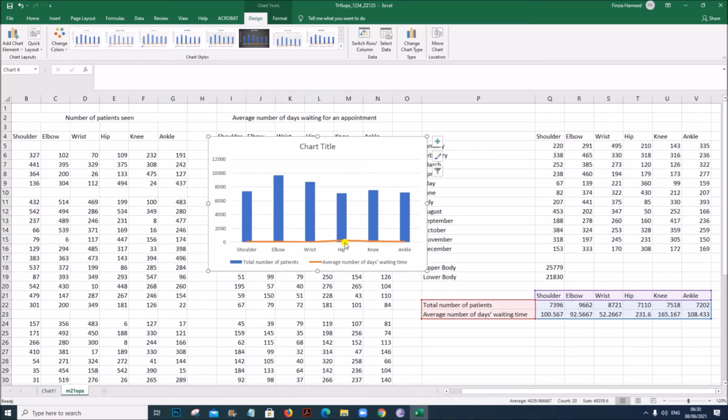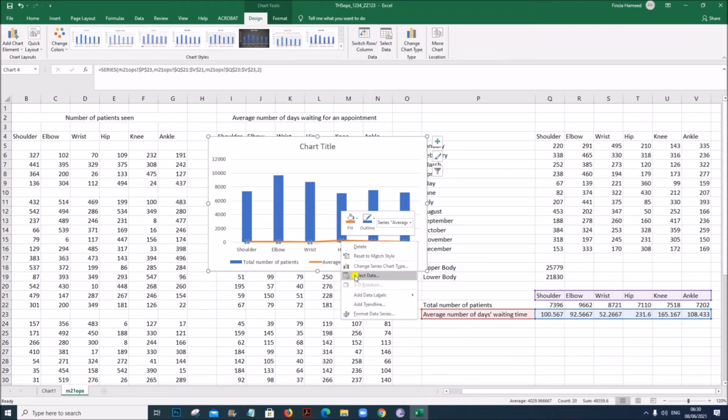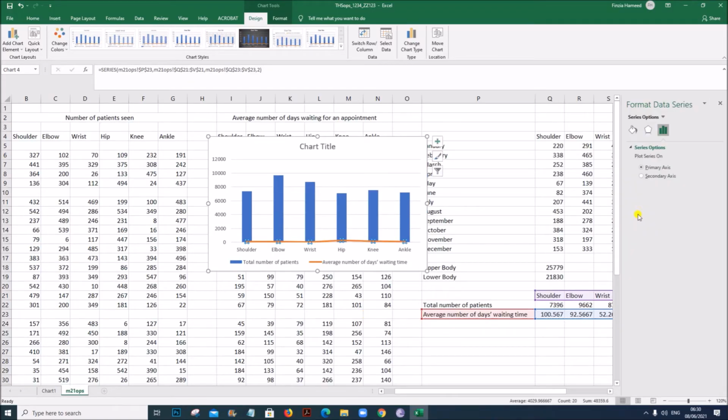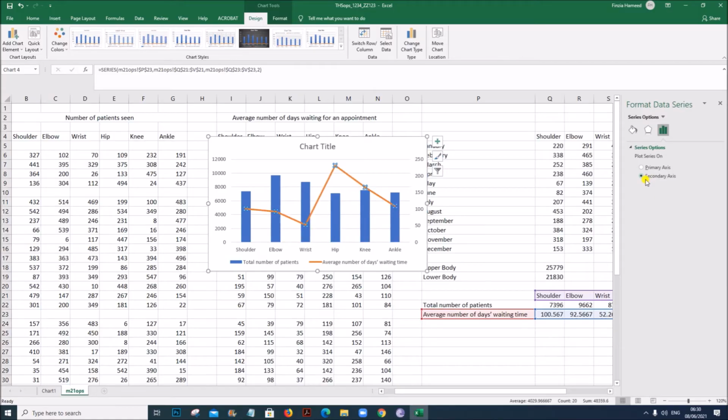Now let us add a separate data series for average number of waiting time. This is the curve for average number of days waiting time. Select, right click, format data series, set it as secondary axis. So we have a secondary axis here,